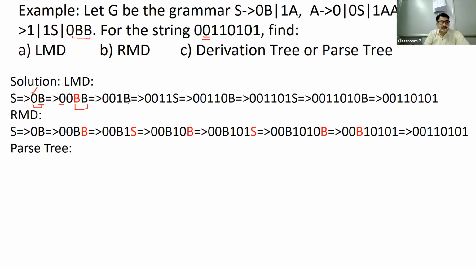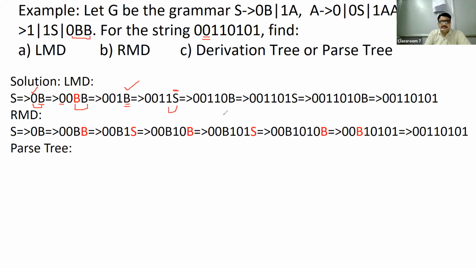So now we expand this. B is 1, this one. So now in this situation, suppose there is a single variable. In this step, you can find 0, 0, 1B. So the variable is only B. So in this case, you can expand this B because this is the only B. In this case we cannot determine any left and right, right? So this is the left, this is the right. So in this situation, no problem. So just expand this B. B can be expanded in the form of 1S. So you can find here 1S. Simple. It is again a single variable, so no problem in this situation.